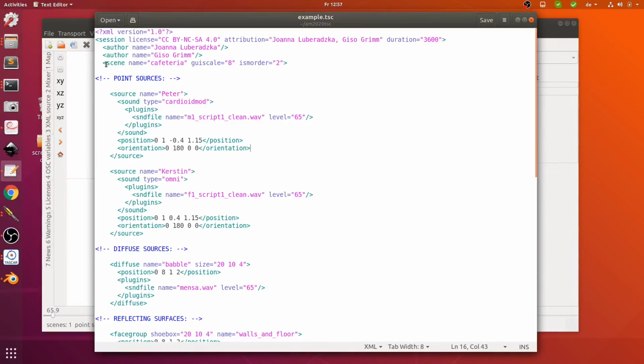we have a scene. So scene is this very important sub-element, where inside the scene, again, we will define all the objects that we want to place in this virtual space. So our scene is called cafeteria, and it will be rendered with the image source model order of 2. Okay, and then